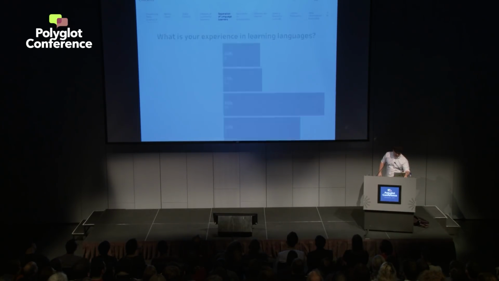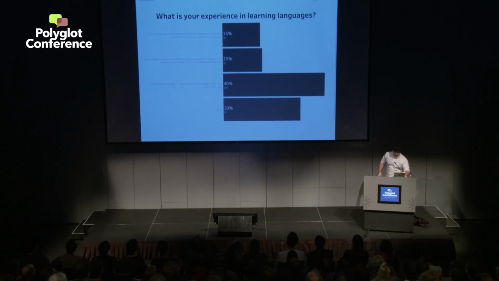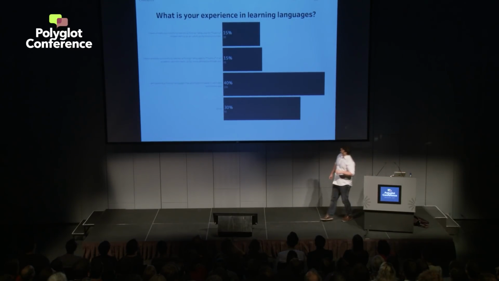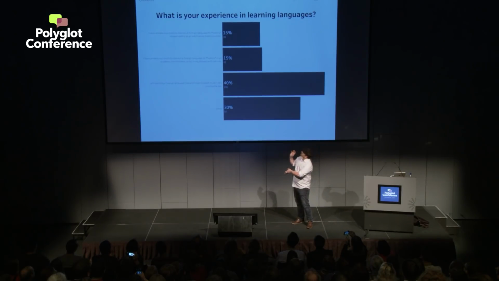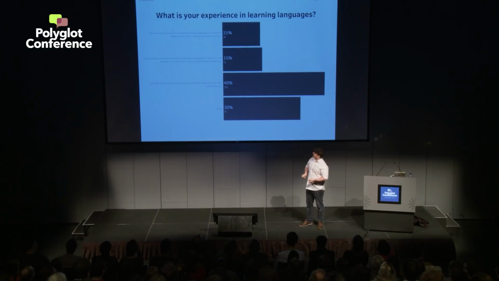Because at the very start, I got them to answer this question. What's your experience in language learning? And you could see how they separated. We had two different kinds of successful learners. Some that had been doing it independently, and some that had used traditional academic methods. And we had people who had not yet successfully learned another language, and then we had other.